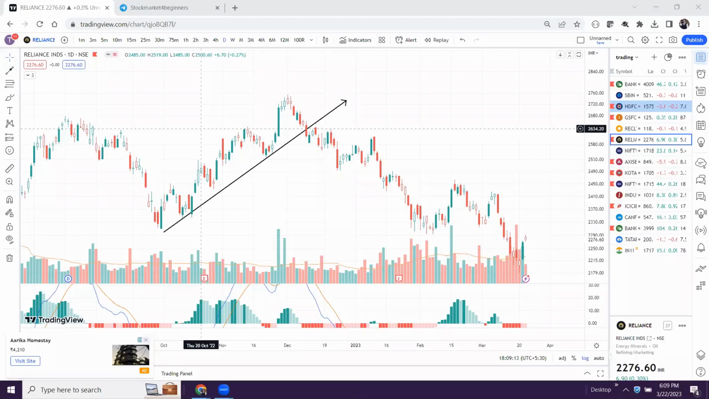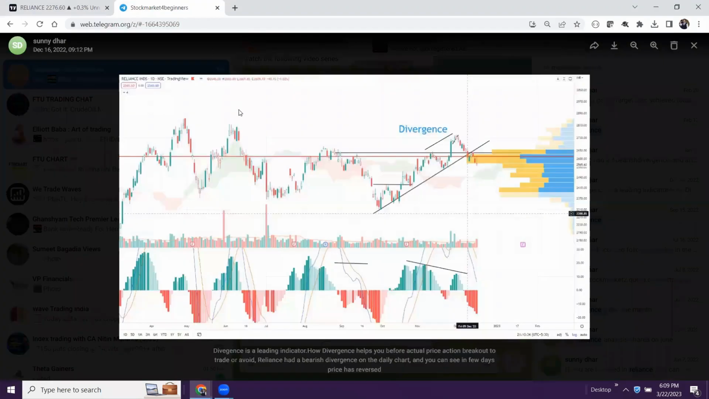Today we are sharing a long-term analysis of Reliance. Reliance is forming a very complex structure, and let us discuss it in detail. Last time we had said that Reliance will fall and shared our analysis in a Telegram group, stock market for